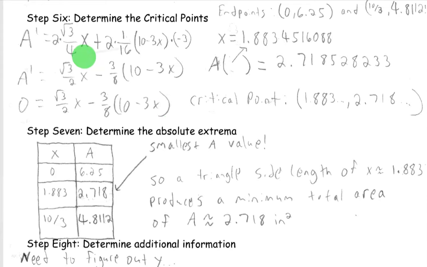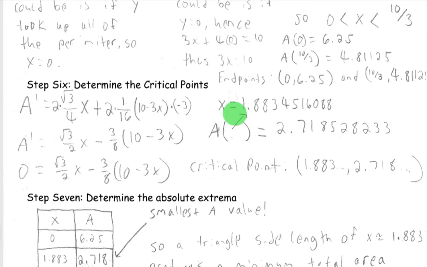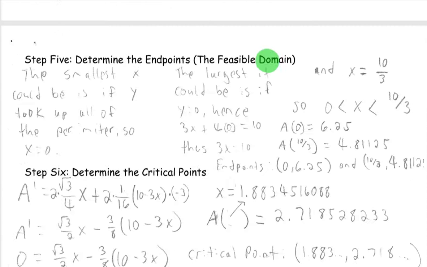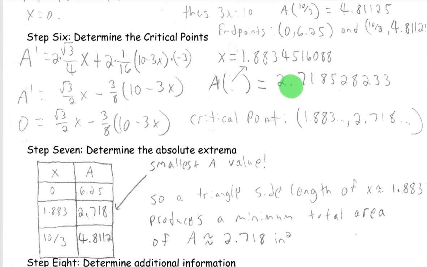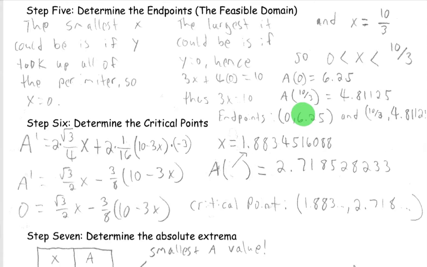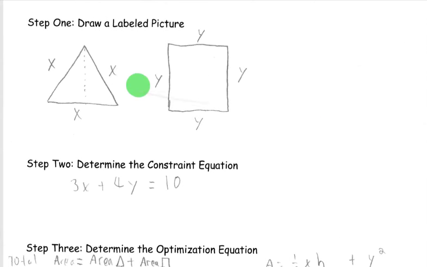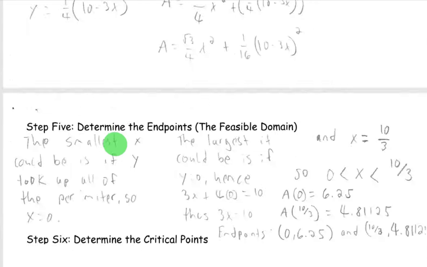Okay, so I just did some simplification there. Set that equal to 0 to figure out our critical values and solve for x. Well, actually, you would distribute the minus 3/8 and then get x by itself. Anyways, I got x equals 1.8834516088, and I plugged that back into my original optimization equation. And I got an area of 2.71852823. So when x is 1.88, which is the side length of the triangle that I used, then I will